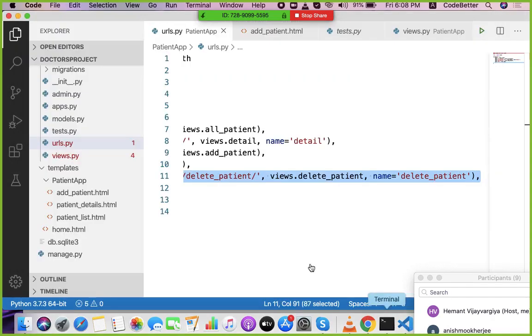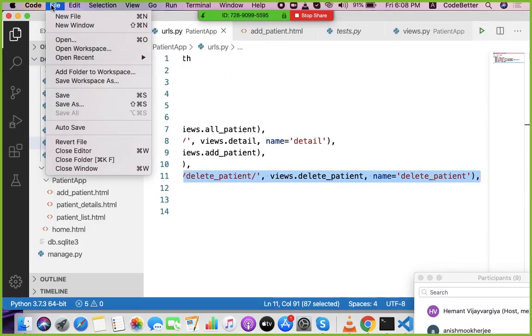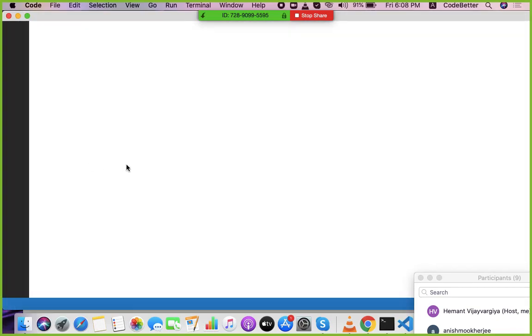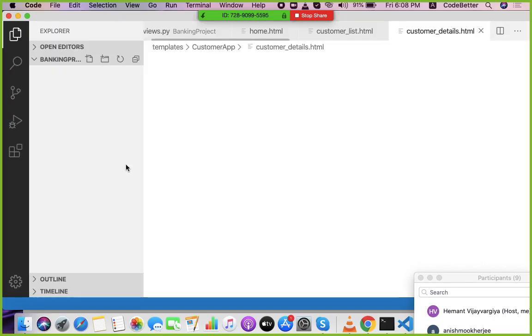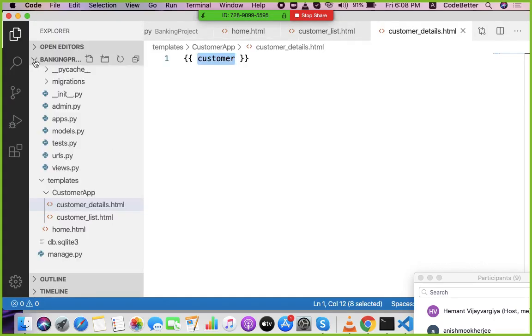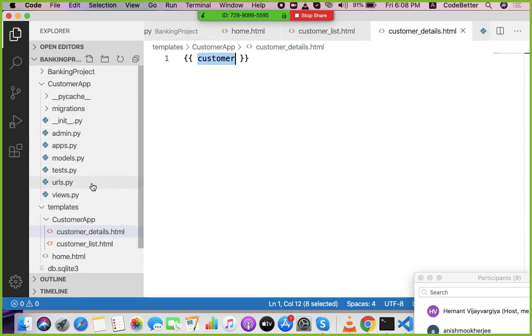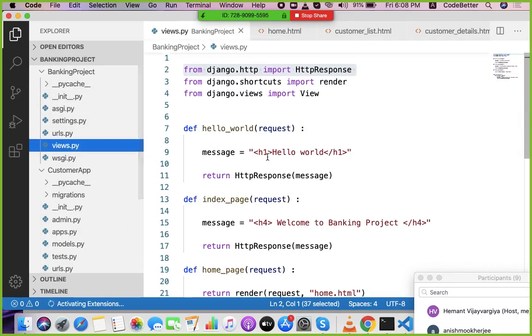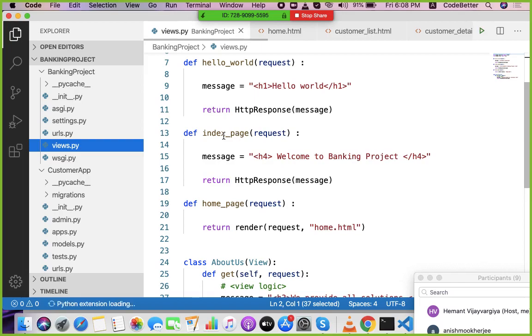Let's open the code of this application. Banking project first. So let me open the code of the banking project. In this banking project, let me go to the banking project views, and here I have the index page URL.